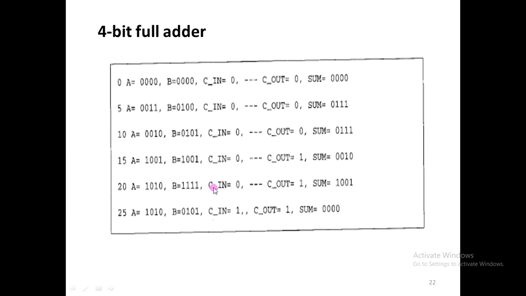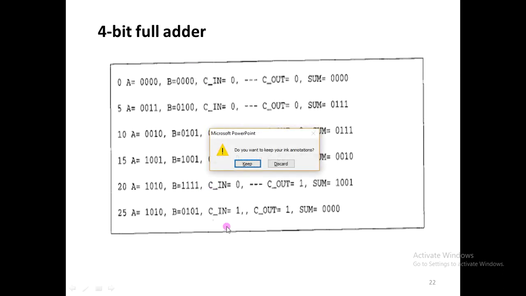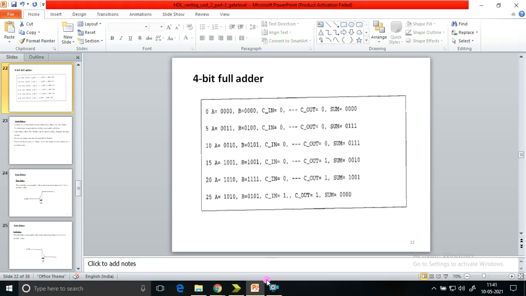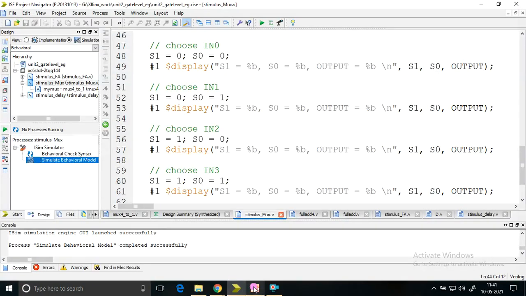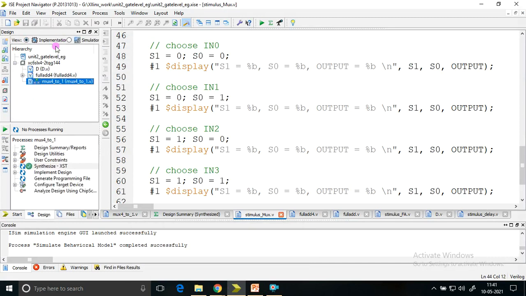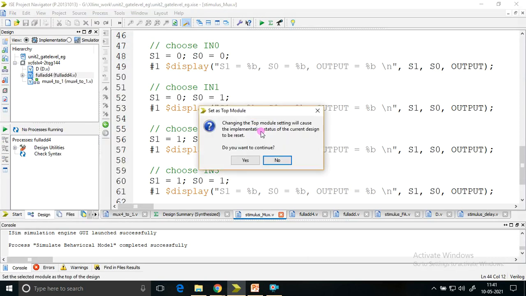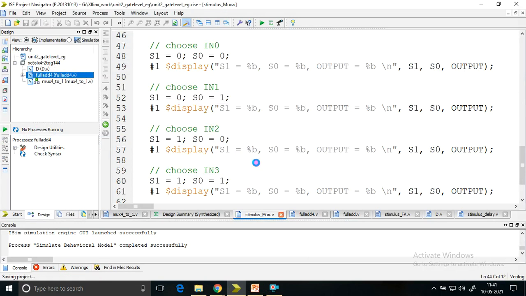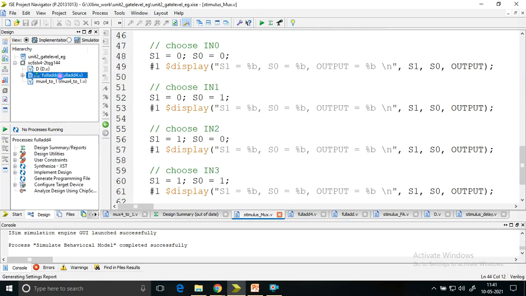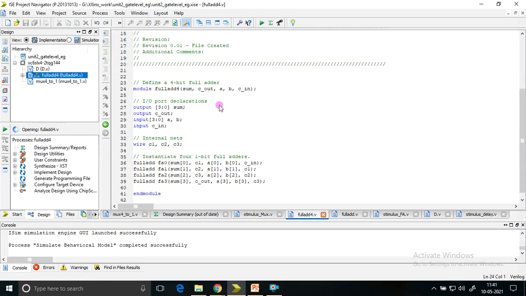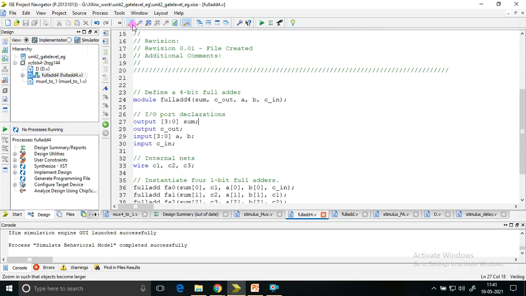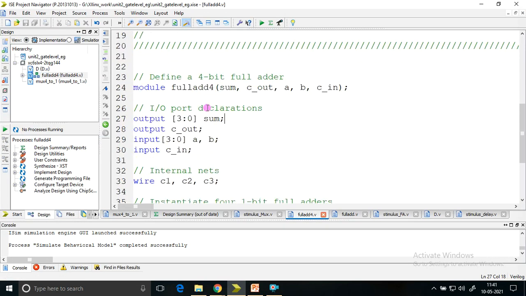Okay. So let me go to the Xilinx implementation. I'll set the 4-bit full adder as the top level module. Yeah, this is full adder 4.